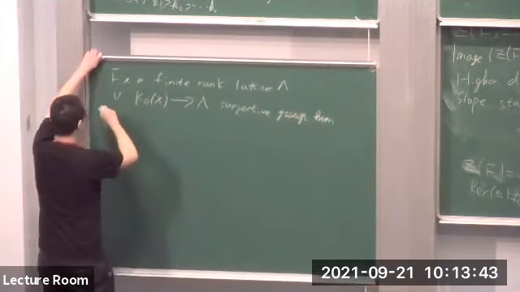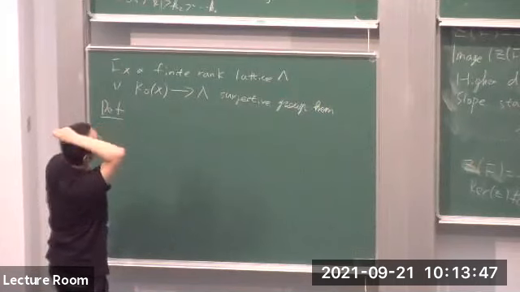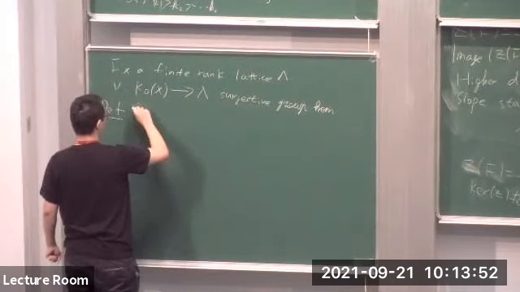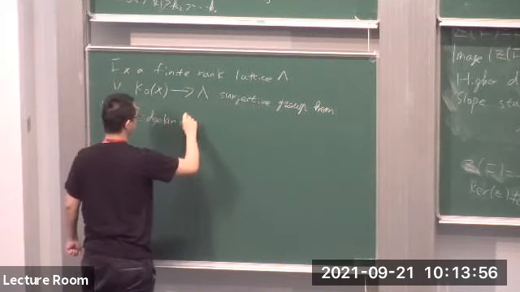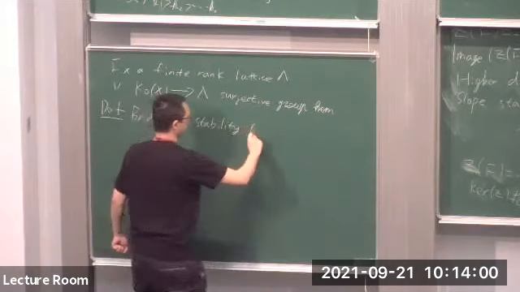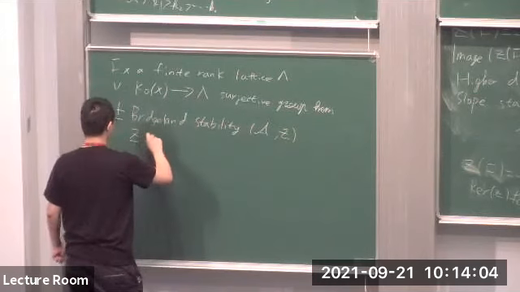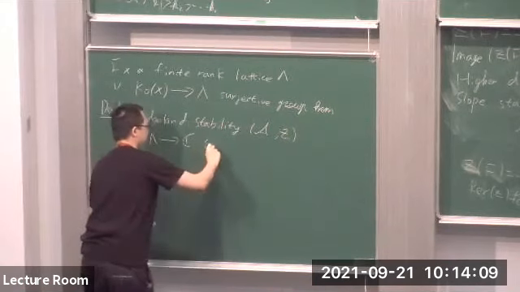Then we can define the stability condition. There are many equivalent ways, and the way I will use is giving a heart and giving a stability function. So a Bridgeland stability is a pair (A, Z), where A is a heart and Z is a function from the lattice to C, such that